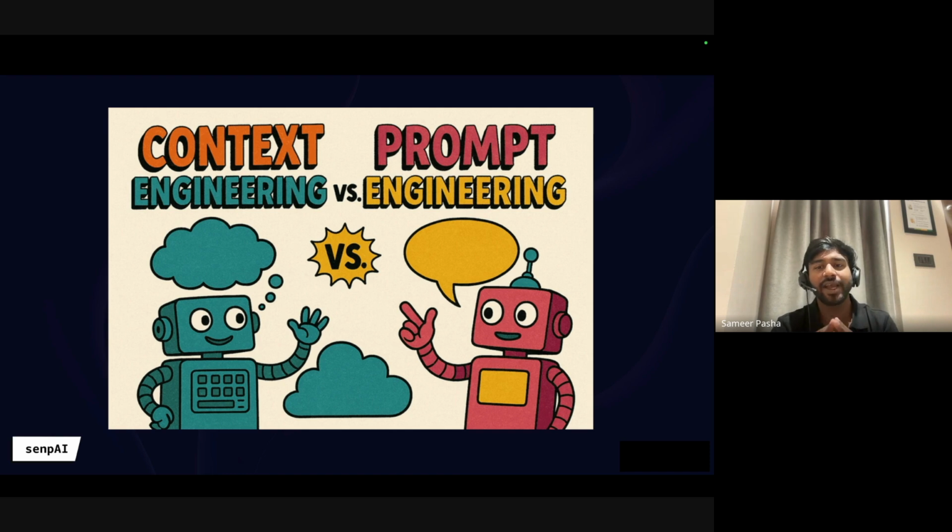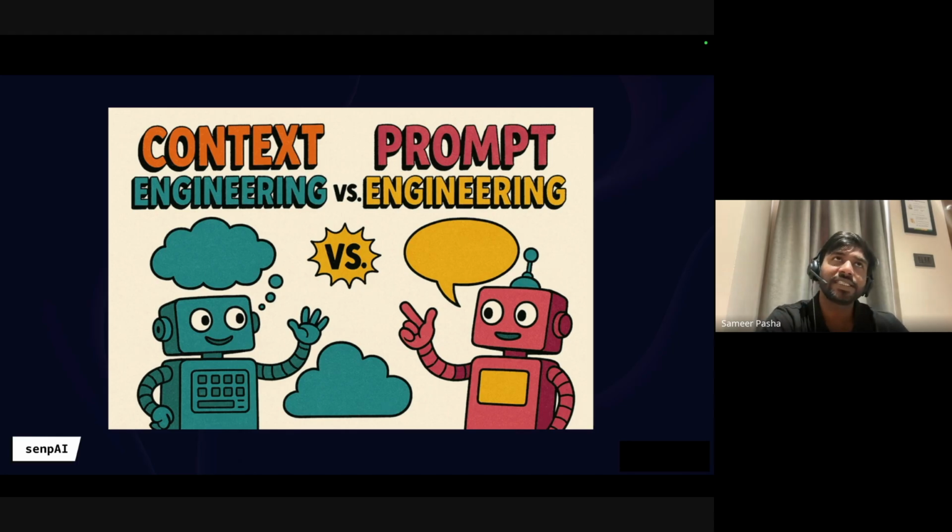Context engineering is where you set up the entire surroundings. For example, going back to the same example, in prompt engineering we said you are an operations manager, the metrics haven't been met today, draft an email on why the metrics have not been met.